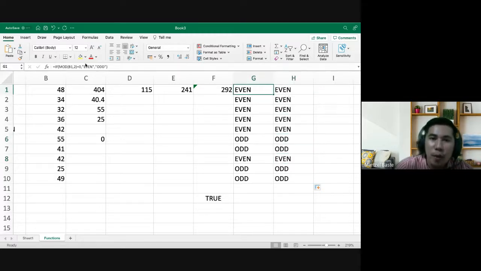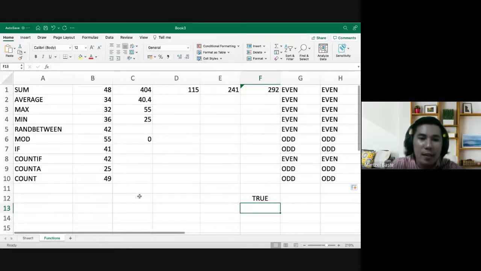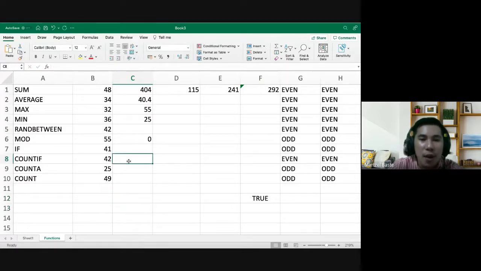So you can use mod, you can use the built-in function ISEVEN, or you can use ISODD. There's also the ISODD function. And in fact, there are others like product, quotient, many more basic functions. Okay? Now for COUNTIF,